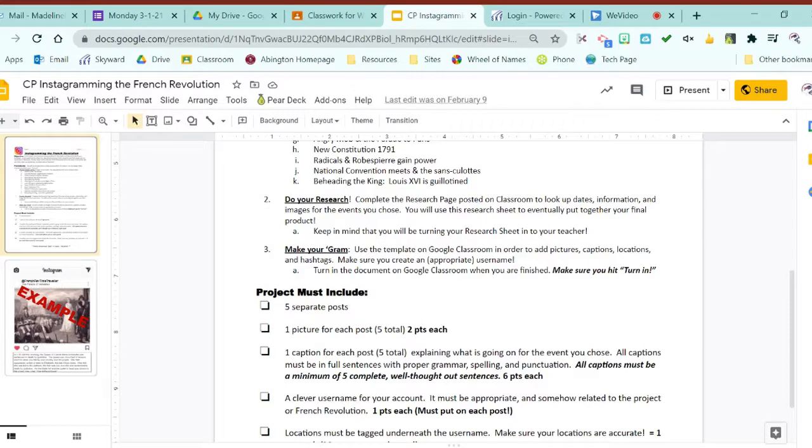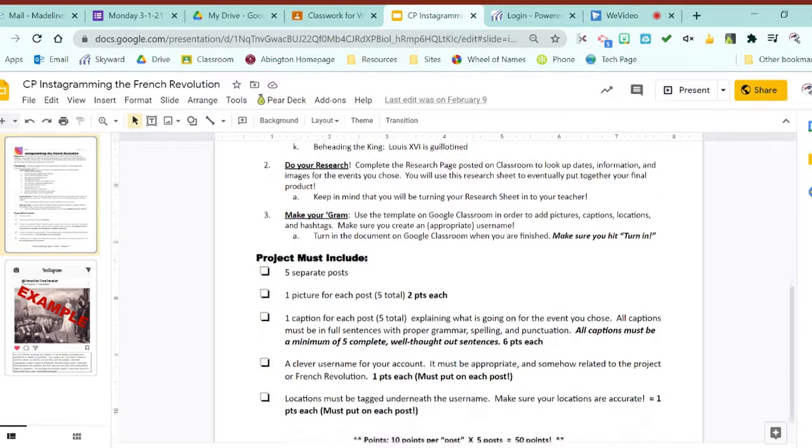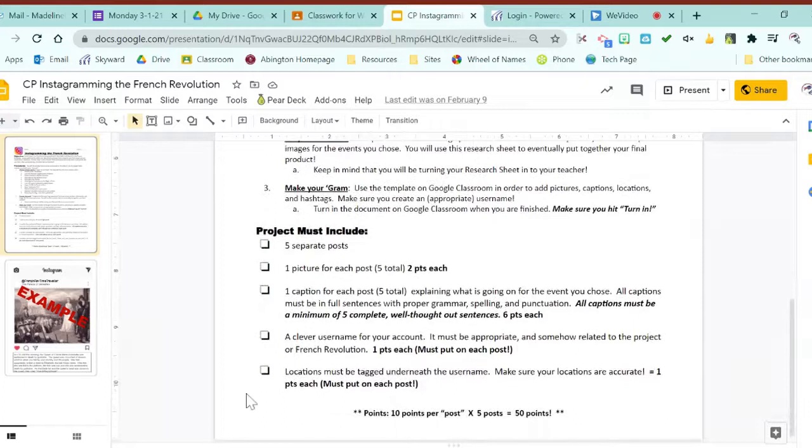So using the template that I just showed you back on the classwork page, which we'll return to in a second, you're going to use the template to actually put the product together and create a faux Instagram account. The project must include, and this is a good little checklist to see if you're on the right track: